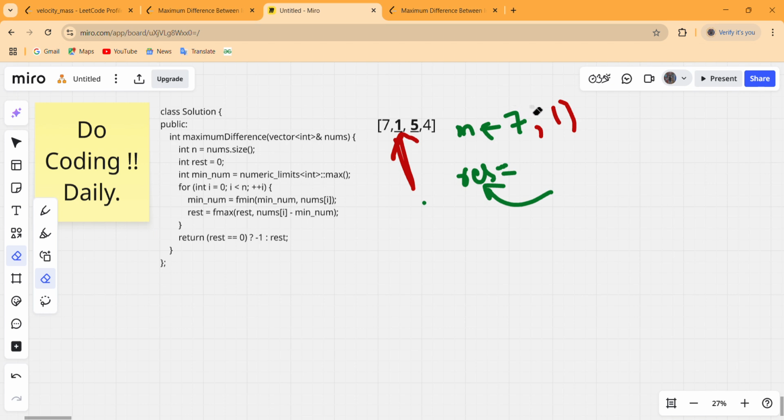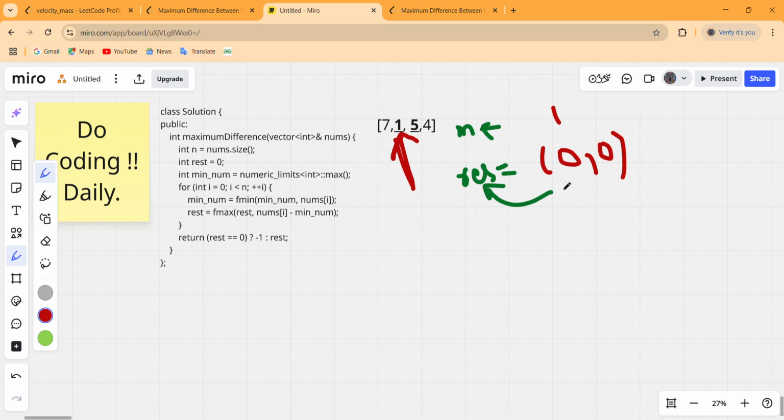Update our minimum, it contains 1 now. After updating our minimum till this index, we have to update our result as well. Result is the max of the previous result, which is 0, and nums[i], that is this one, minus the current minimum, that means 1 minus 1, that is 0.